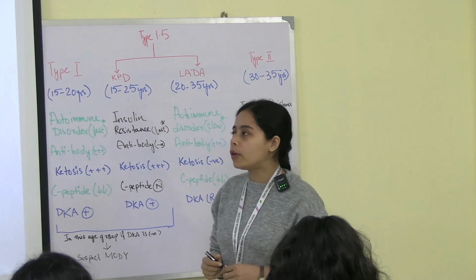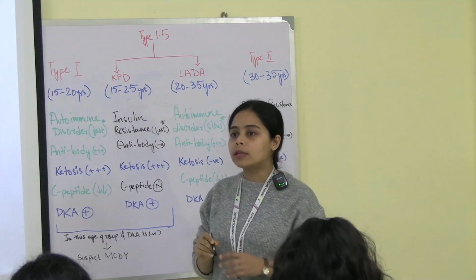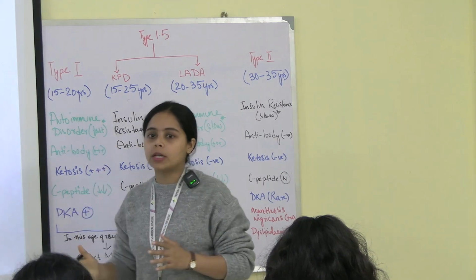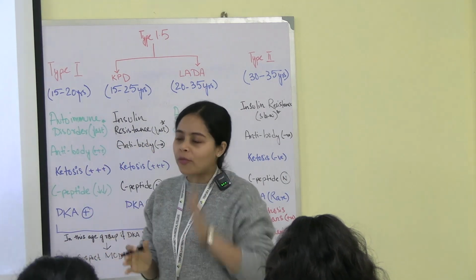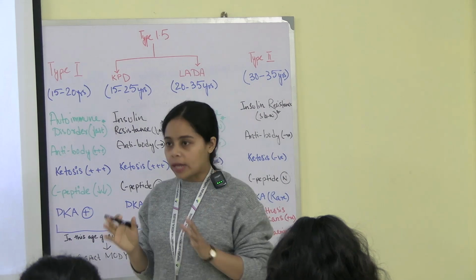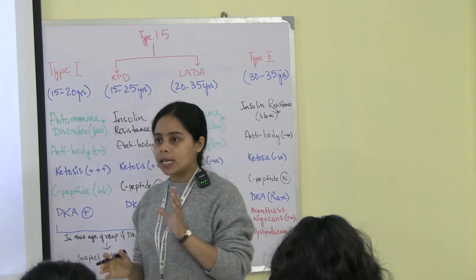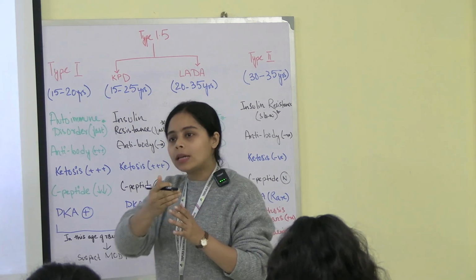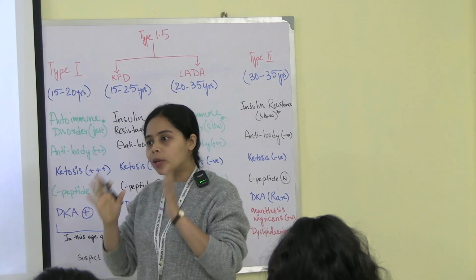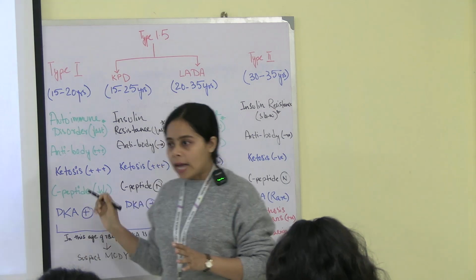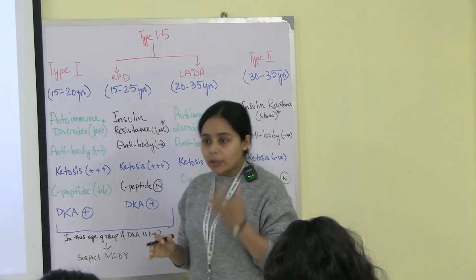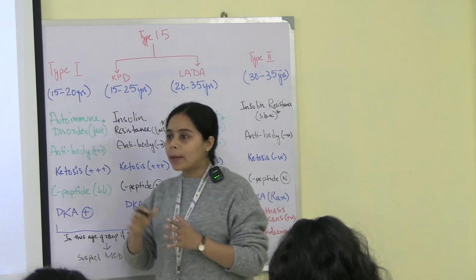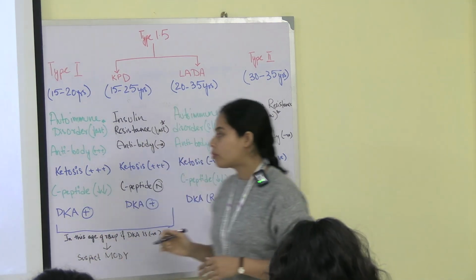And why is it severe? Because type 1 does not give the patient the time to cope with the disease. The onset is very fast. The onset of type 1 diabetes is very fast. As I said, if the symptoms started 1 week back, within a 10-day span the patient will be in a very severe form. Diabetic ketoacidosis is a very severe form, so the patient will come to you with diabetic ketoacidosis.